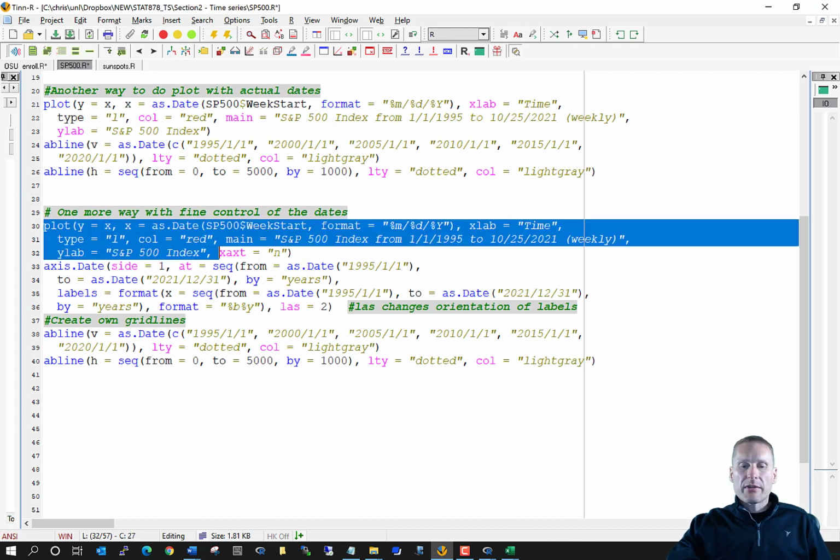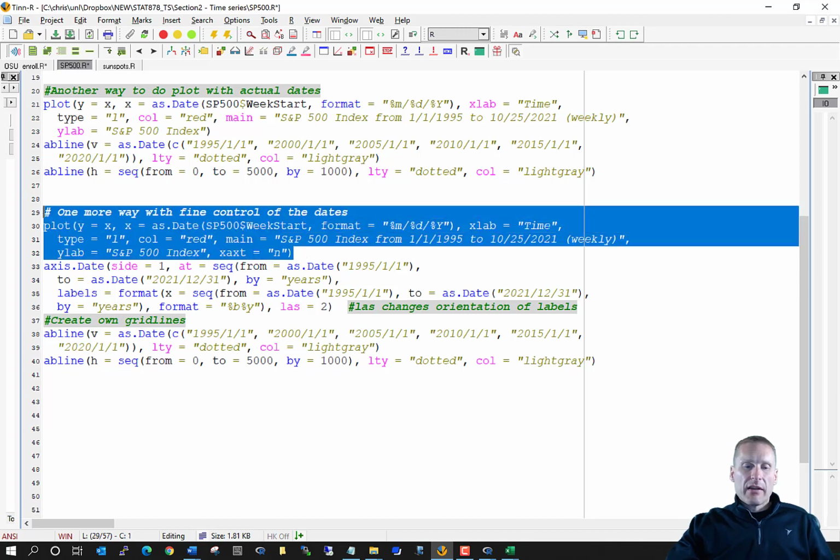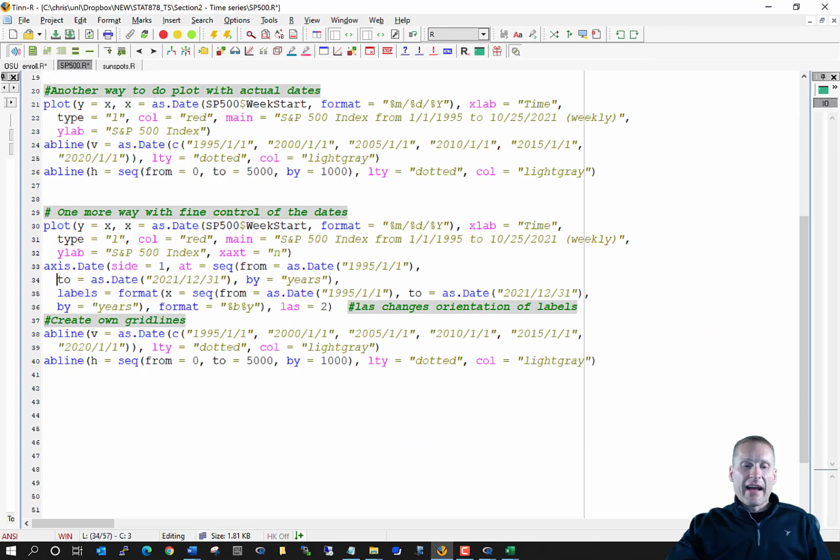Well, we can do the plot just like what we did before, but now I'm going to add an argument called xaxt for x-axis tick marks. I don't want any of them, so I'm going to put n for no. And so what then occurs is that now on my plot, I have nothing basically as a numerical scale on that x-axis. Now I need to put it in. And the way I do that is to use the axis.Date function. Side equal 1, meaning, there's 4 different possible sides to a plot. If you look at the corresponding help, side equal 1 is what we normally think of as that x-axis. The at argument corresponds to where do I want to put these dates.